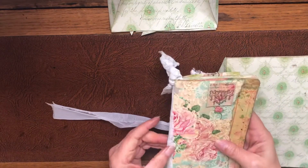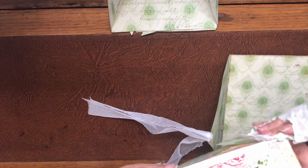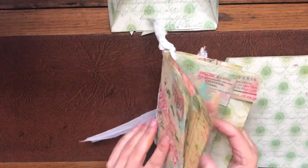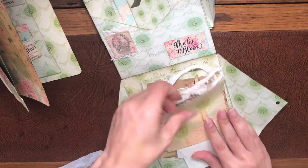I'll just go quickly again through this. So I've created this book. I didn't do any stitching or anything. I just put a ribbon in the middle, and I'm gonna keep decorating the middle pages. And these are all my